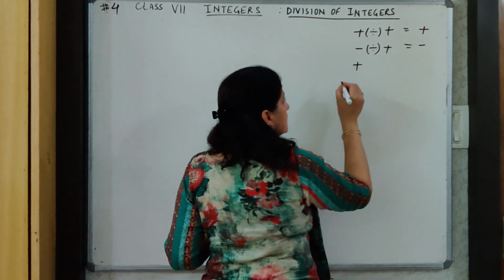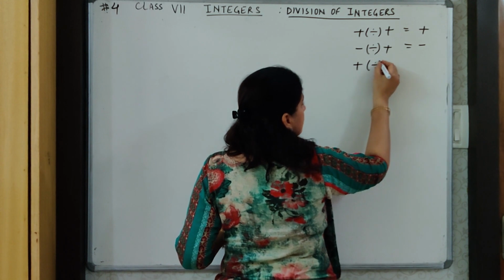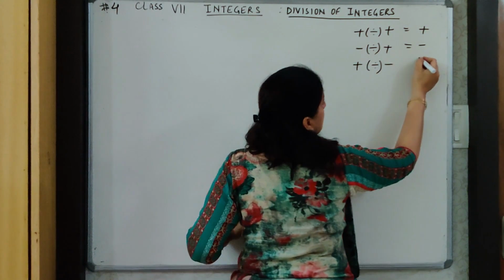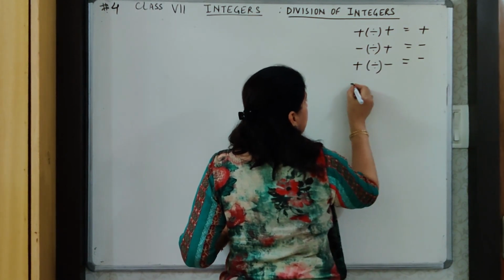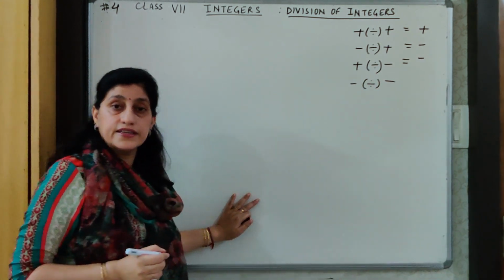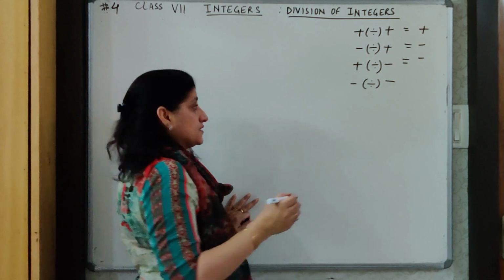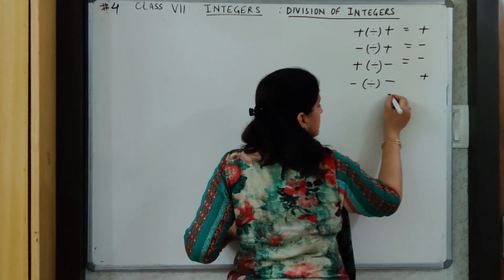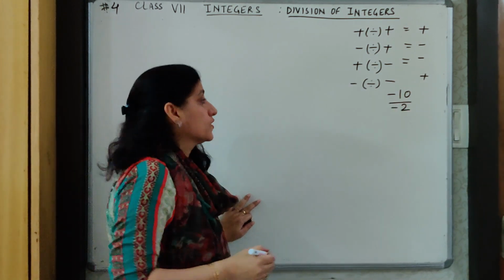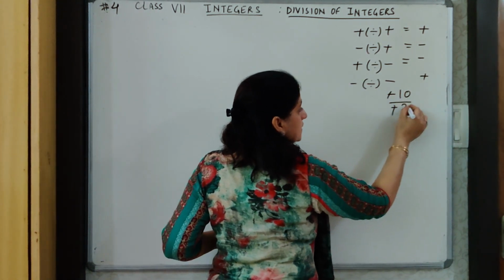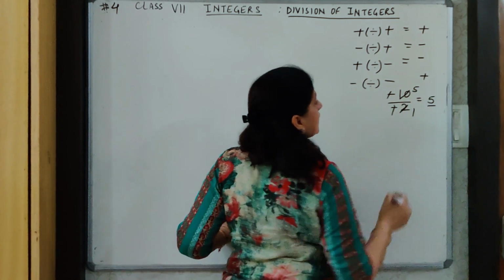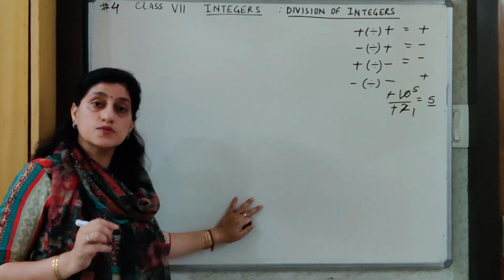If the first integer is plus and it is divided by a negative integer, then also the result is minus. And if both my integers are negative, and when two negative integers are divided, the result becomes plus. For example, say I have minus 10 and I divide it by minus 2. Then the minus and the minus sign are cut and 10 divided by 2 gives me 5. So the answer becomes 5 and in plus, that is positive.